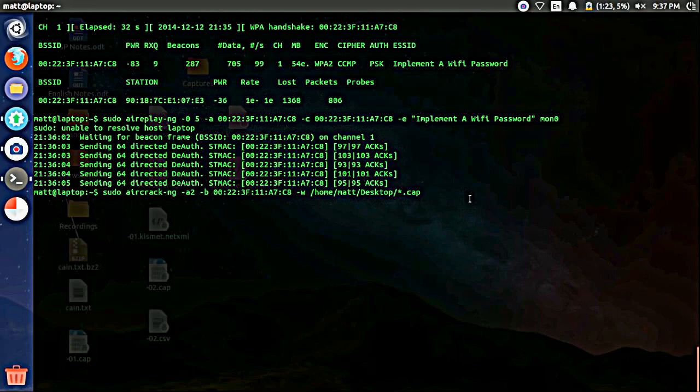that we used. Wait, I did that wrong. This is going to be /root/passwords.txt, and this one is just going to be separated by a space. I goofed up. /home/mat/desktop/